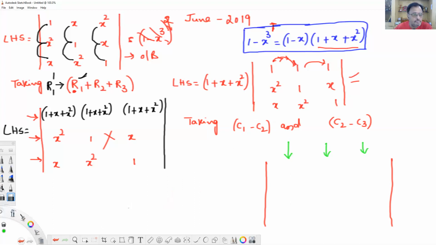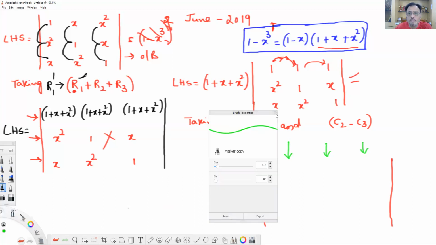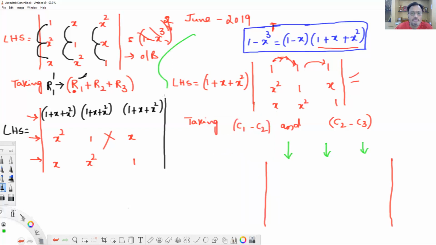Now here, see, LHS is equal to, how much did you get now? This is the thing we are solving here. LHS is equal to 1 plus x square. Look here, in the formula at the top that I have written, 1 plus x square. Because the answer 1 minus x cube is needed, right? To get 1 minus x cube, we need one more pair for 1 plus x square, and the matching one is 1 minus x. I am searching for 1 minus x now. Okay then, what is unchanged?